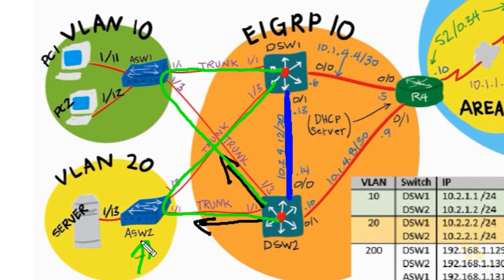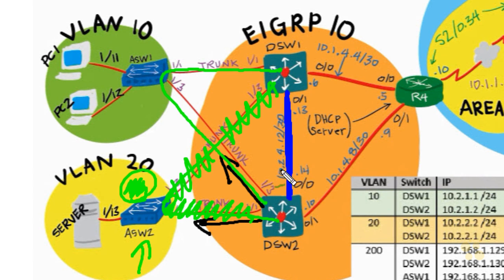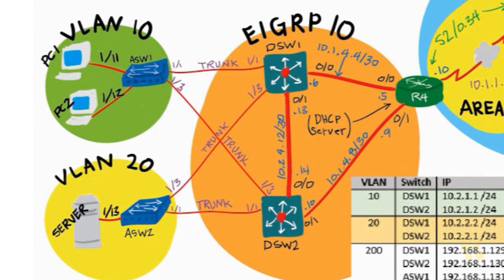That's if switch ASW2 has VLAN 10 defined, which I don't believe it does. So because VLAN 10 doesn't exist on ASW2, that wouldn't be a possible path for DSW1 and DSW2 to see each other's VLAN 10 interfaces. So that leads me to believe there's still some type of an issue on the trunks here between ASW1 and DSW2 that's preventing traffic from flowing. So I propose we make a road trip over here to ASW1